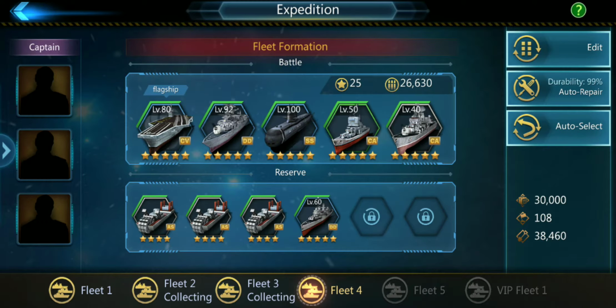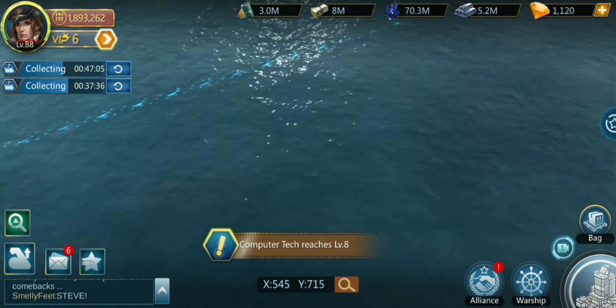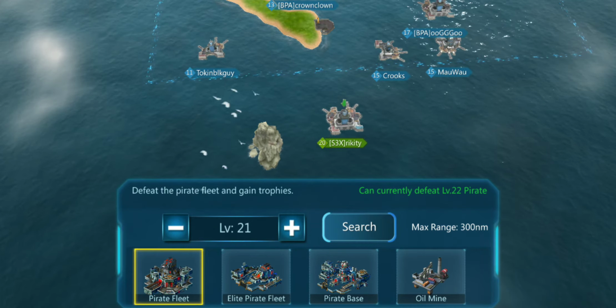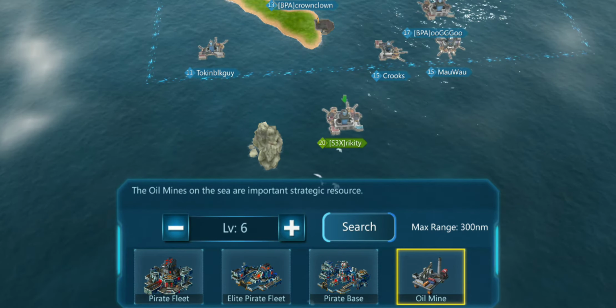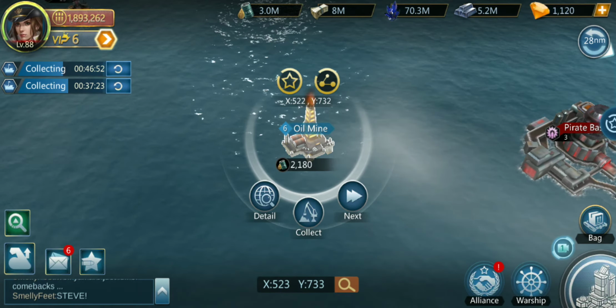So let's hop out real quick to the sea. And let's take a look, and you can do this, hit the eyeglass thing and select oil. You can change your level up and down. A lot of the stuff around me here is 6, so we'll find one. So like this one right here,